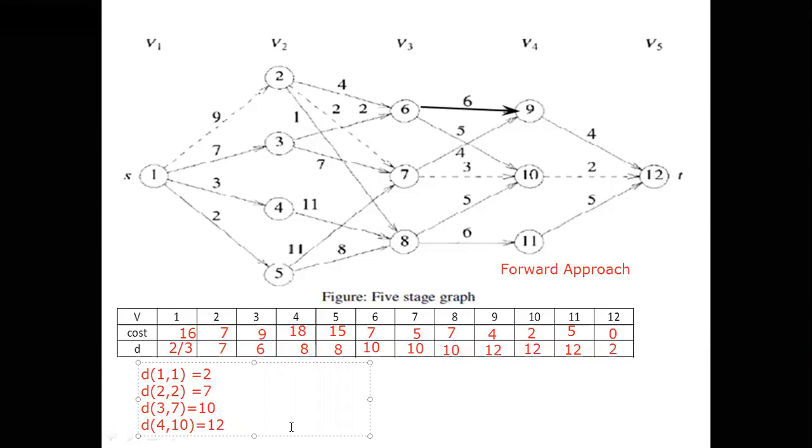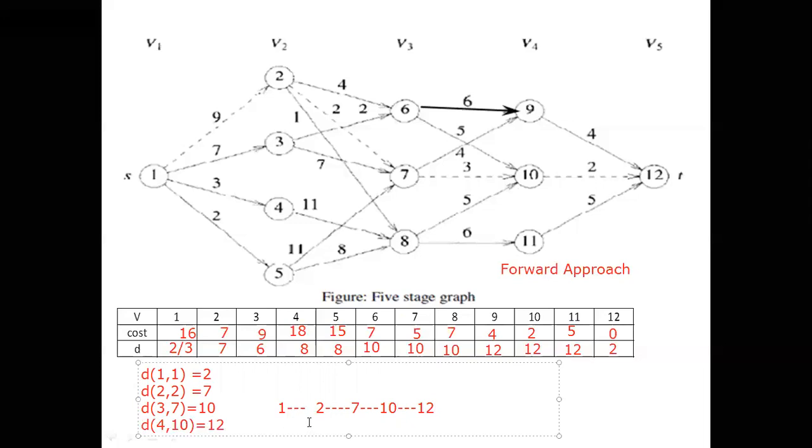I will write the pathway so that you will clearly understand. First is 2. From 2 I will visit 7. This path I am writing: 2, 7. Next I will visit the starting, I forgot. Source is 1, because here it is starting with 1. We have to start with 1. 1 to 2, 2 to 7, 7 to 10, 10 to 12, right?